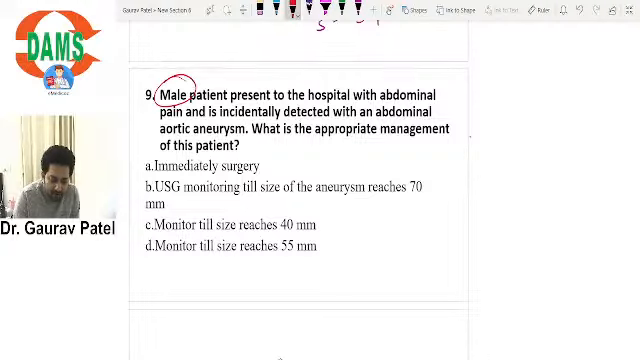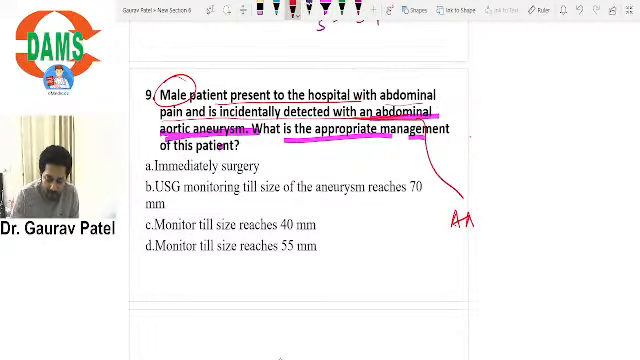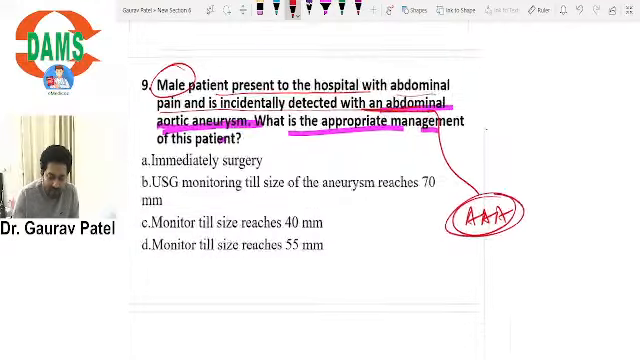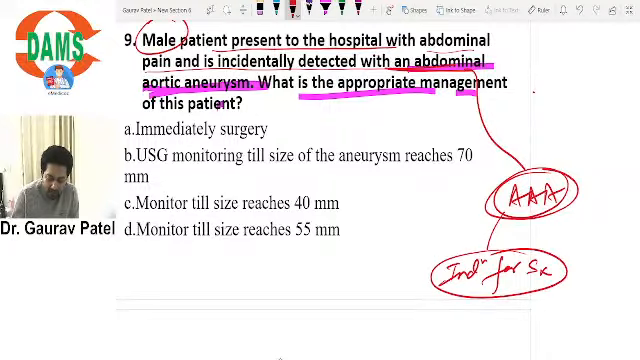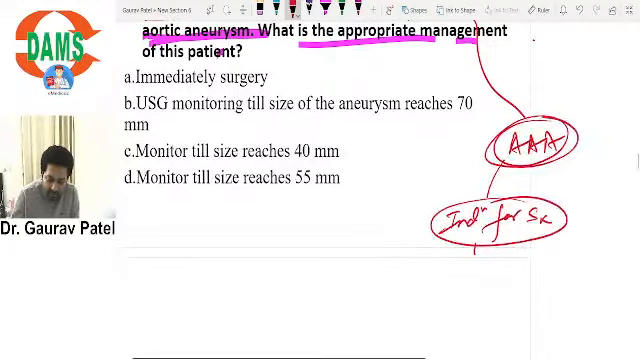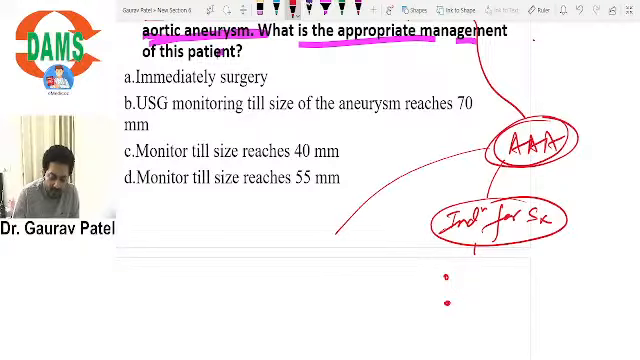A male patient presents to the hospital with abdominal pain and is incidentally detected with an abdominal aortic aneurysm. What is the appropriate management of this patient? Abdominal aortic aneurysm, they are asking what is the indication for surgery. You tell me 2 indications. And one more thing, you tell me the investigation of choice for screening and for